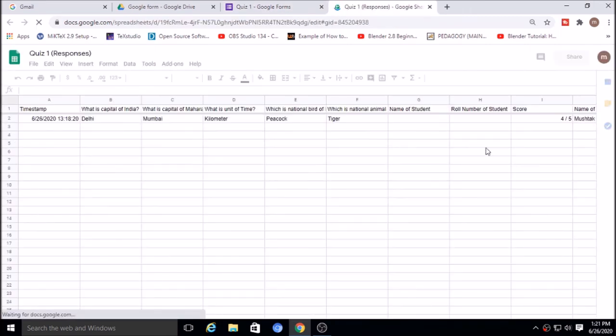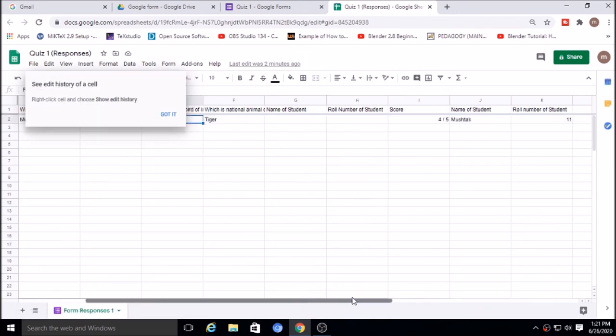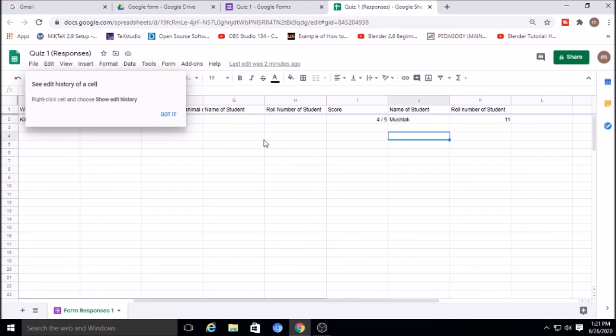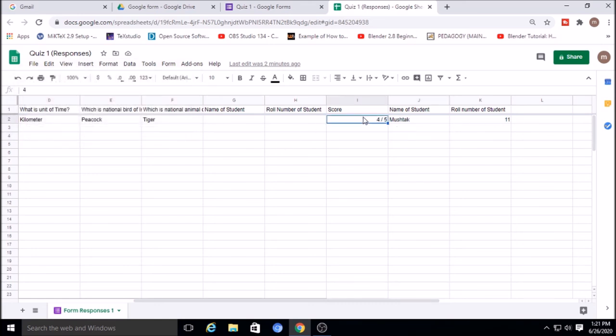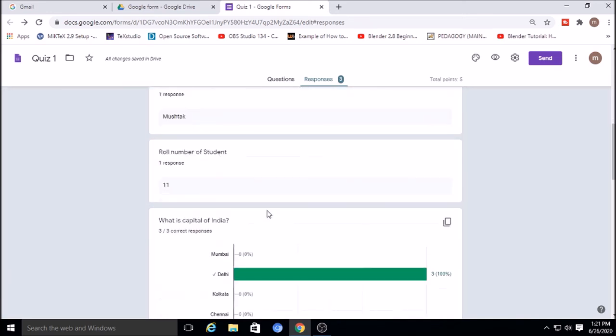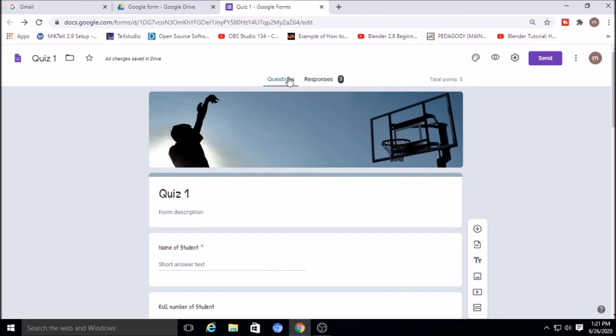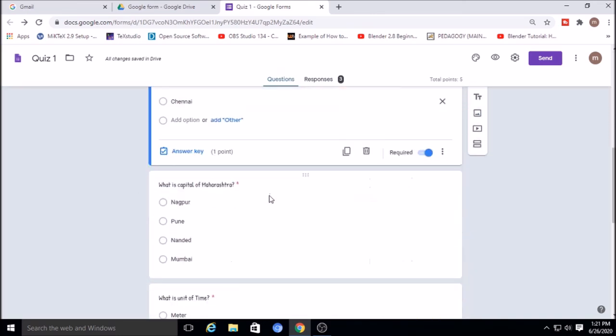Click on it. So this is nothing but a sheet where responses can be seen. So you will get the answers, the roll number, name of the student, and score. So he can see, or he can save the scores in a single sheet, and from these responses he can see the responses. So this is nothing but how we can create the quiz and how we can send a